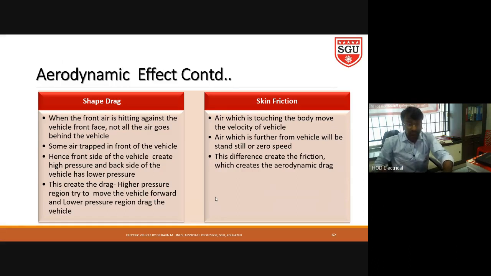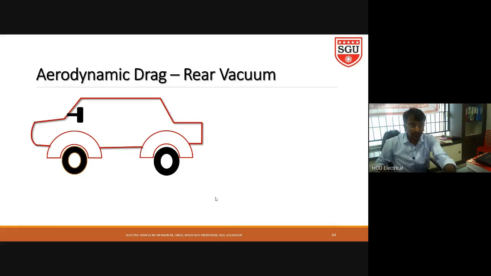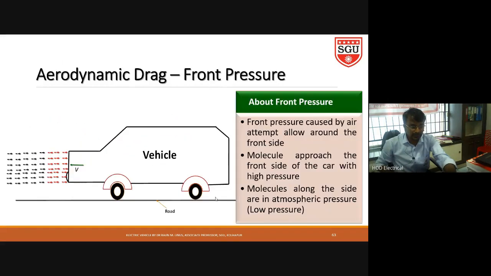Then let me explain how it will be, how the front air will be acting. The red arrow is showing the high pressure region. Once it hits this frontal area, some air will be blocked there.